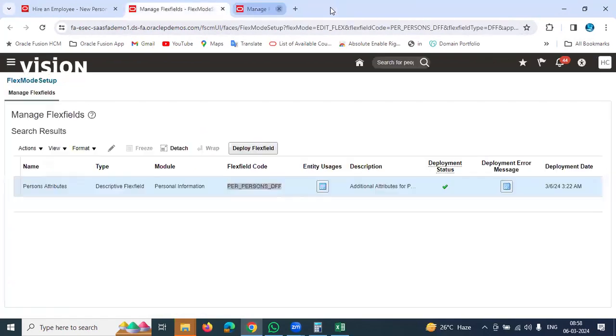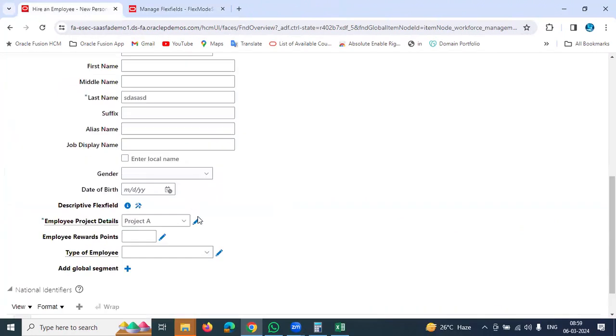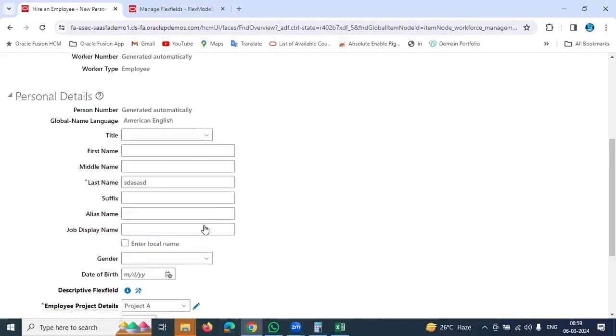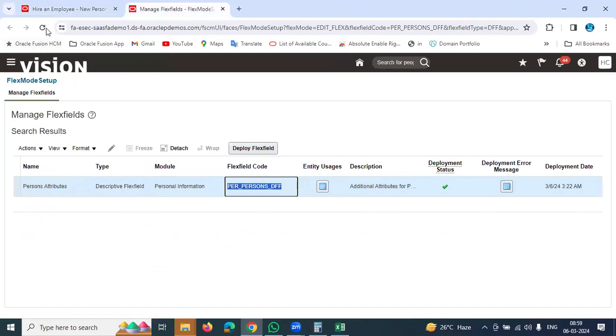So what I'm trying to tell is, there are multiple ways to handle the system. The simplest way is to highlight the flex fields on the screen. On every page, the available sections will get highlighted. You can go to the settings button and configure the fields. If not, from the backend, you can come to